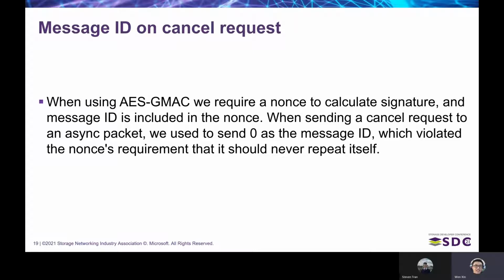What happened was that when the client calculates the signature, we always use the mid of